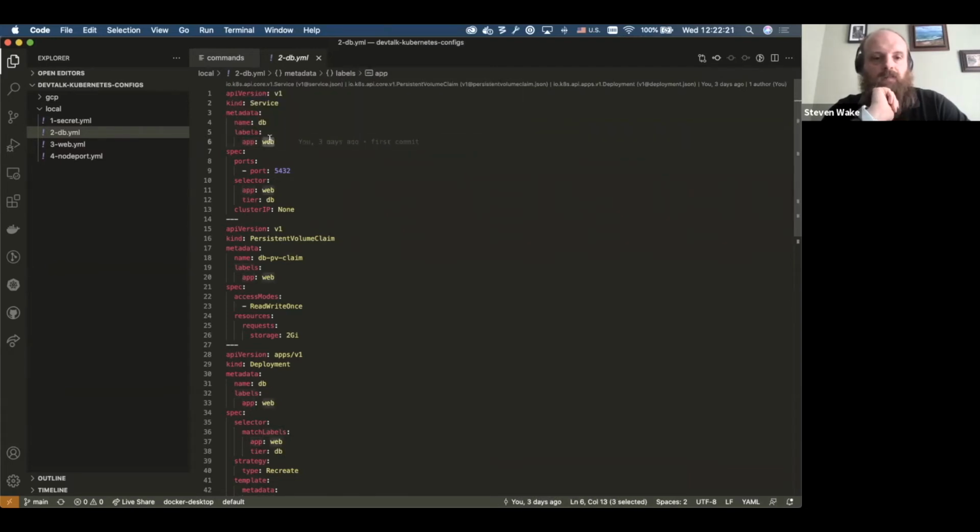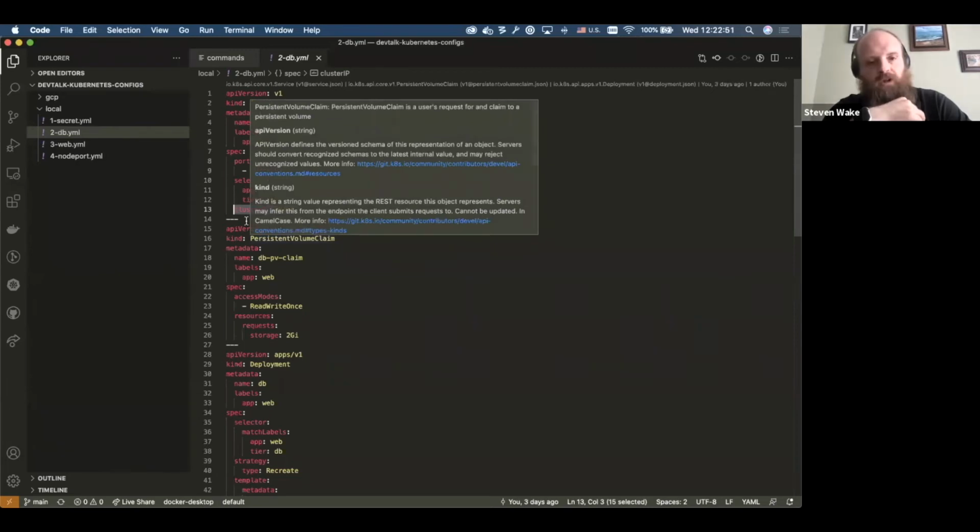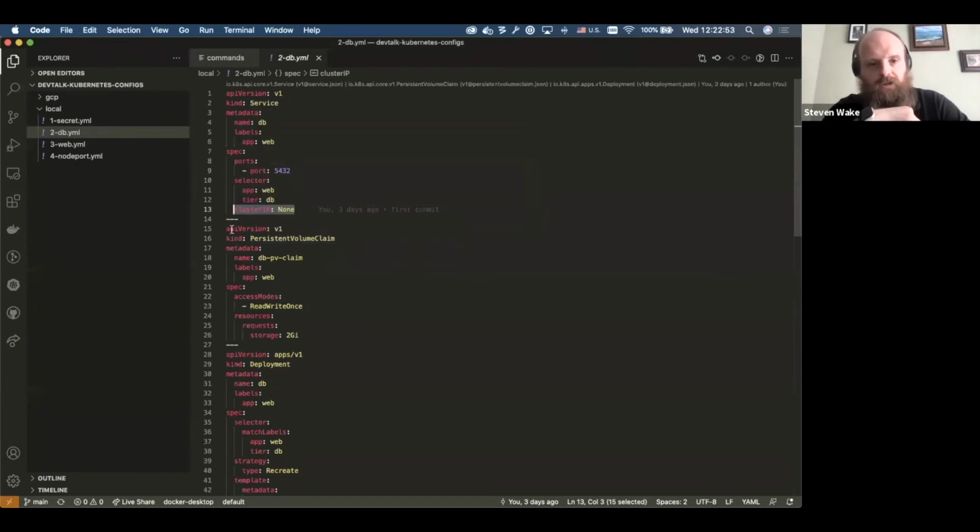We're going to give it a label of app, and the value will be web. This is some of the specifications. This is the default Kubernetes port, and again these selectors tie themselves to the labels. This is a cluster IP, which is none. I can't remember what a cluster IP does off the top of my head, so I'm sure Nick can fill us in at some point.